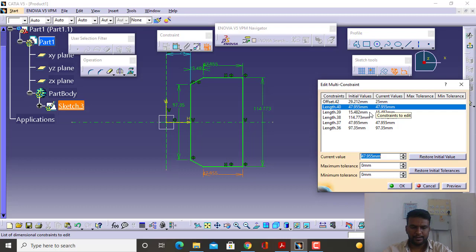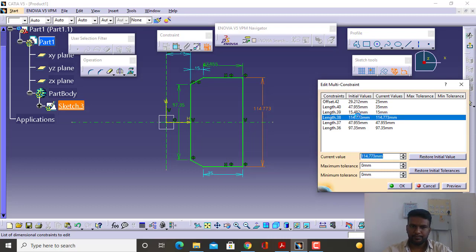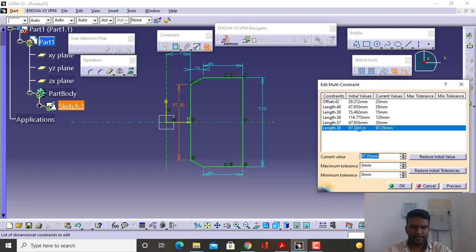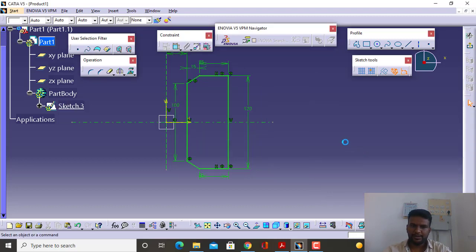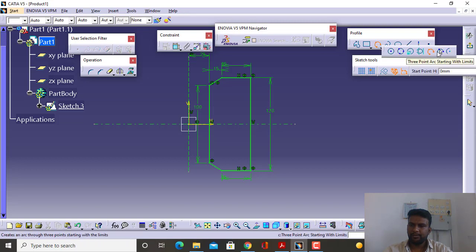This one is 35. This one here is 15. This one here is 120. Again this is 35. This here is 100. So once you define all the dimensions, next we take arc here and create an arc, 3-point arc with